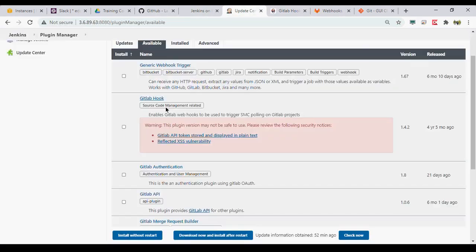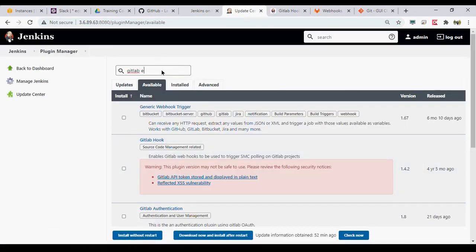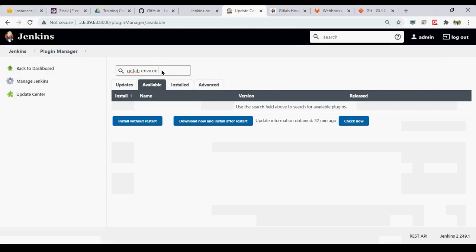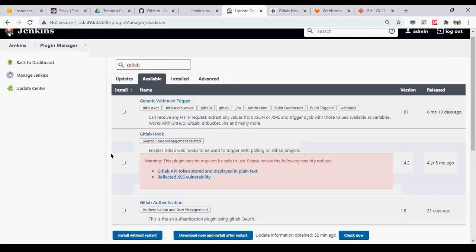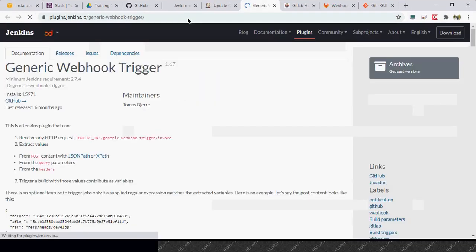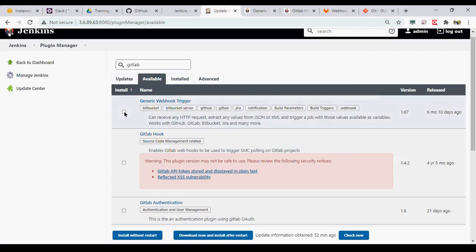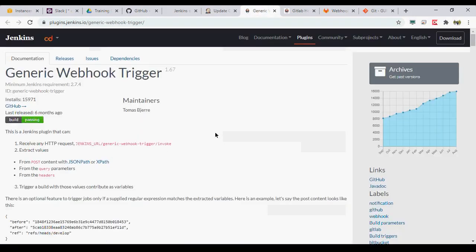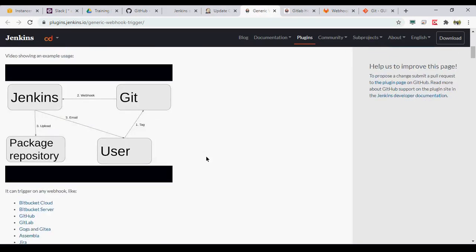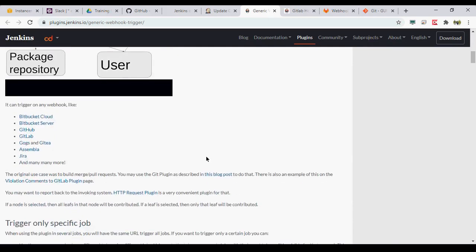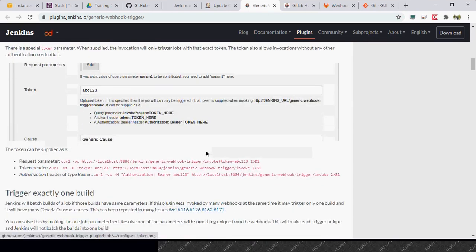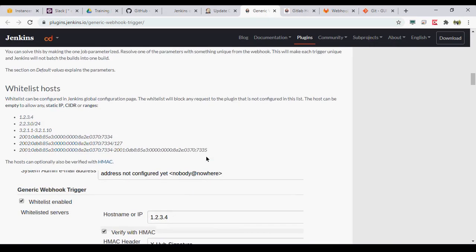Environment variable, I think it is something named GitHub environment variables. I think this should be okay, so let's install it. There are multiple webhooks, but some of the configurations are generic. So now here it should be able to show us the variables also.